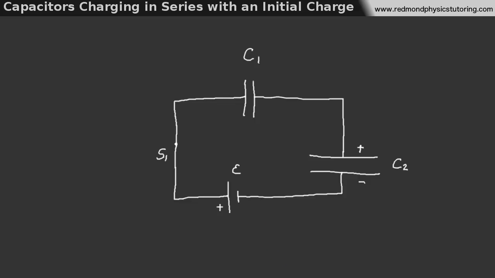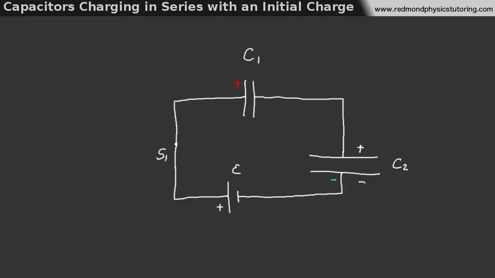And this is the really tricky thing. When the switch is closed, the EMF sets up an electric field in the circuit that takes electrons from the left plate of C1 and places them on the lower plate of C2. And I'm trying to illustrate this with an animation. This makes the left plate of C1 positive because we took an electron away, and it makes the lower plate